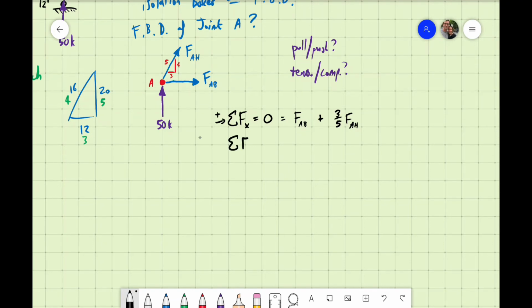Let's see if it sinks in anymore with the vertical force sum. With the vertical force sum, we have our 50,000. And yep, he's putting the K right into the equation. That's fine. And then we have plus 4/5. Remember, in the book, for the vertical one, he would have 16/20. I would have rathered he kept the numbers simplified right from the start, as I did. All right, and that's it. Those are his 2 equilibrium equations on page 248, both for joint A, and then he works them through. And he says, okay,